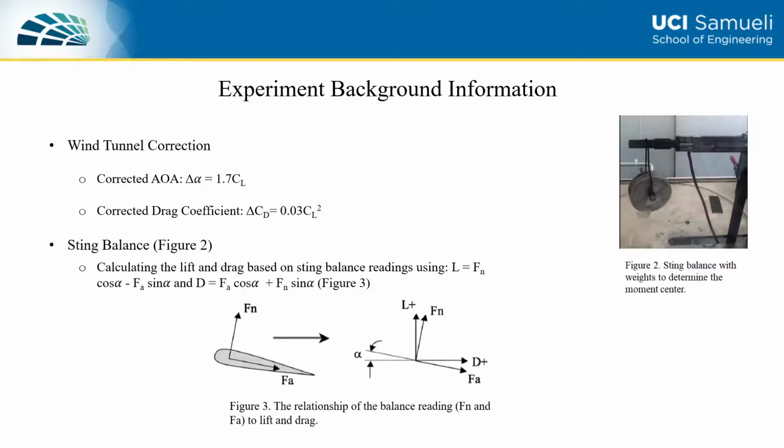So when it comes to this experiment, the major thing to consider is to account for the wind tunnel. The wind tunnel does not give us real results based on how wings will behave in the outside world. In the outside world, the wings of an airplane are in open space with an infinite amount of space and no enclosure. The enclosure of the wind tunnel gives a straighter streamline, whereas in real life these streamlines can be more curved. And so to adjust for that,